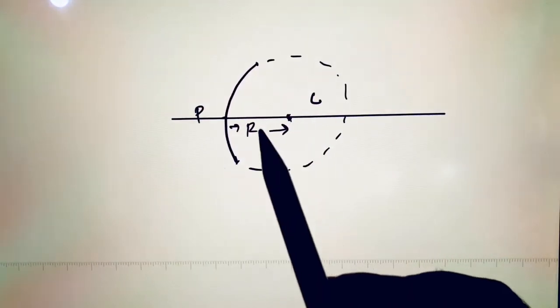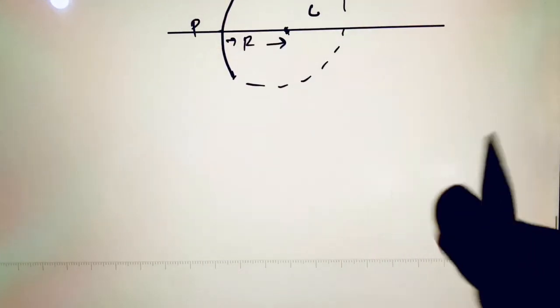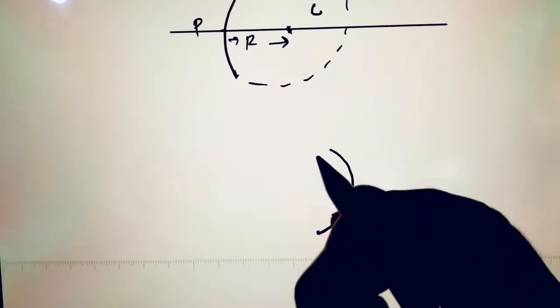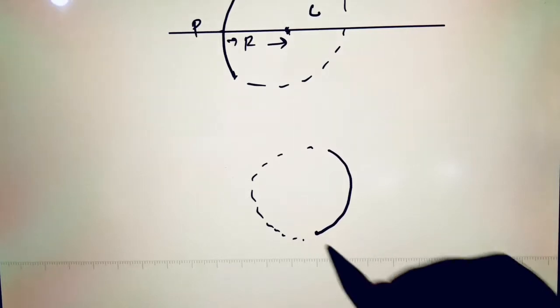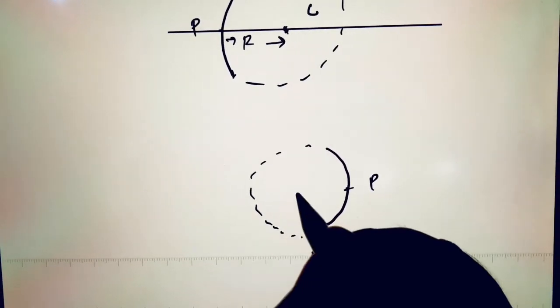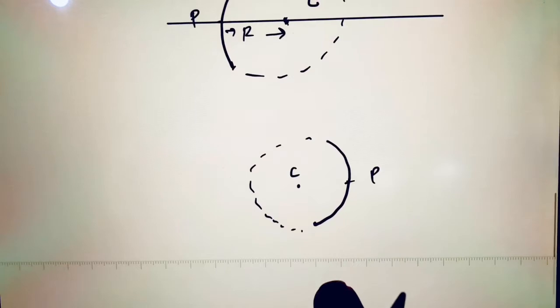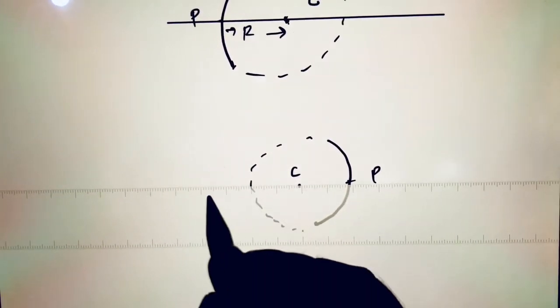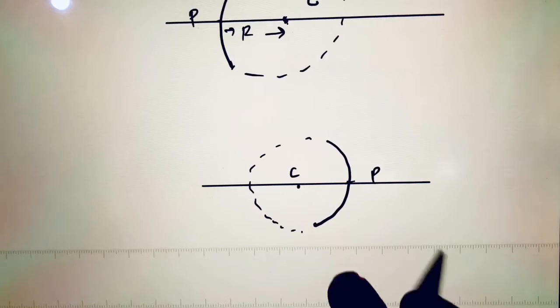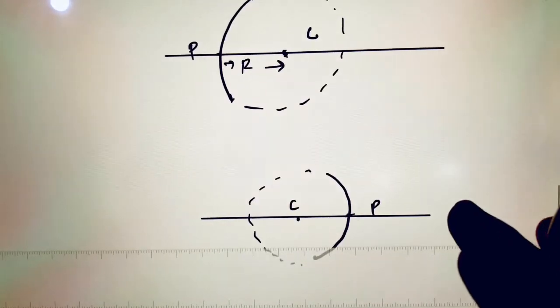This is what I have drawn for a convex mirror, and we could draw the same thing for a concave mirror also. So this is a mirror, and the imaginary sphere. This is the pole, and this is the center of curvature. So I can draw my principal axis like this. Now let us try to understand what the focus of a concave mirror is first. This is a concave mirror, and let's say this is the principal axis. We've got the pole here, and the center of curvature is here.